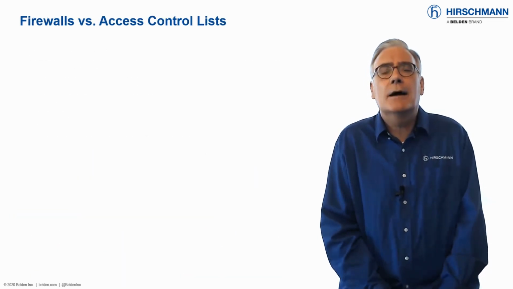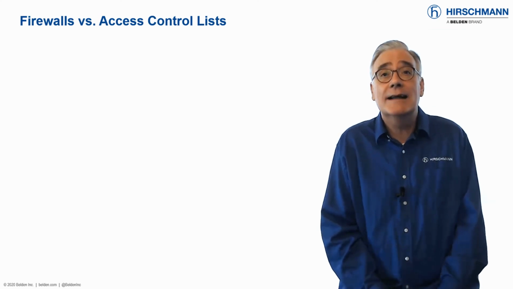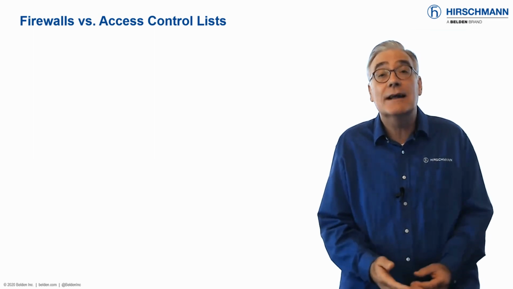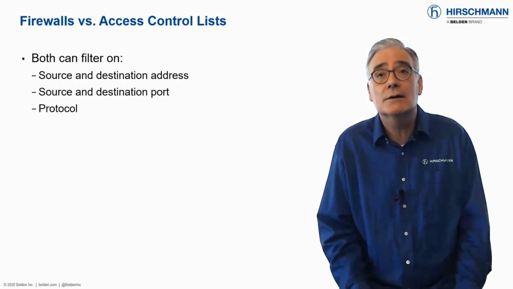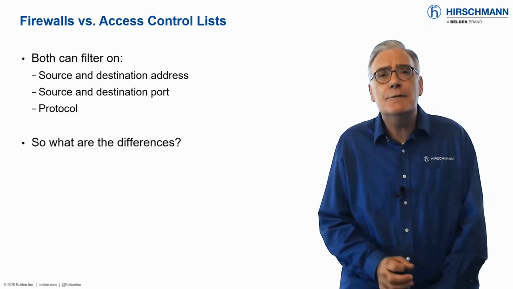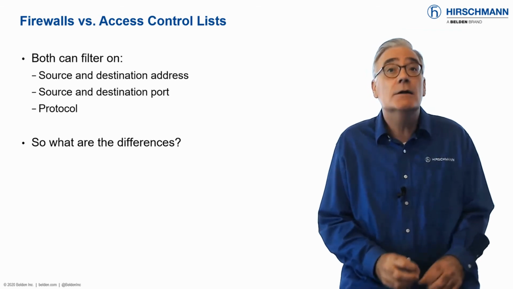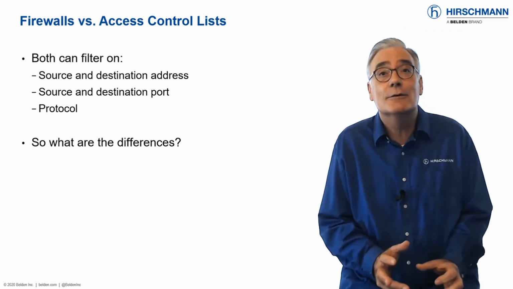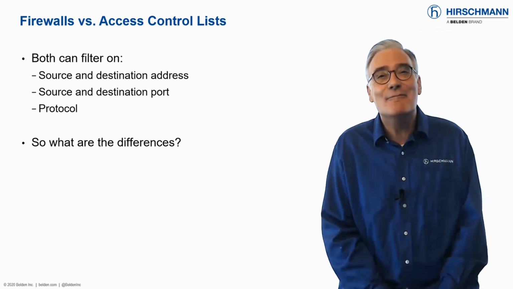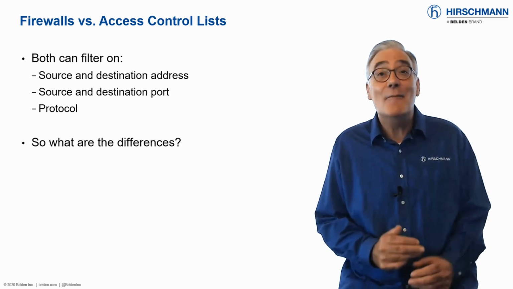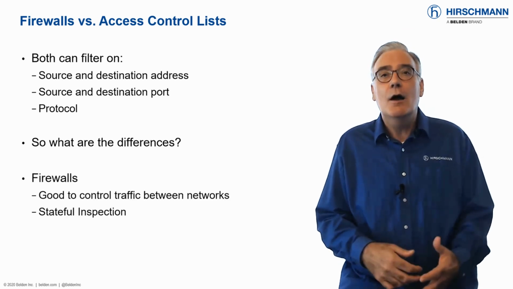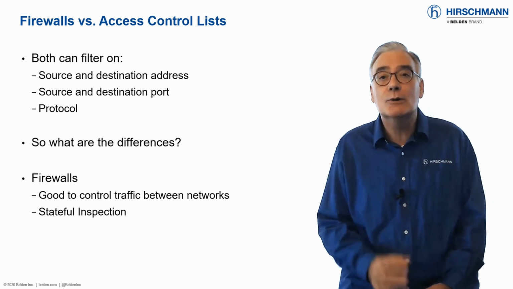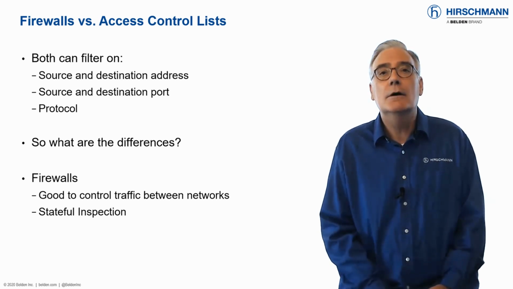If you are familiar with firewalls, then you will recognize that firewall rules and access control lists have a lot in common. For example, filtering on addresses or protocols. So, what are the differences between firewalls and switches supporting ACLs? This is not a black and white topic, and there are many opinions. Let's examine some basics. Firewalls offer a functionality called stateful inspection. Put simply,